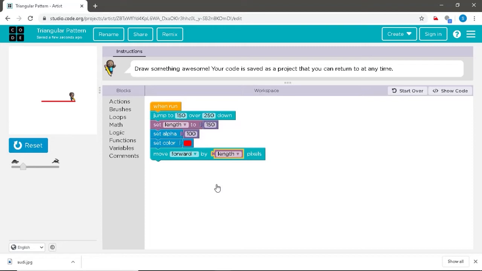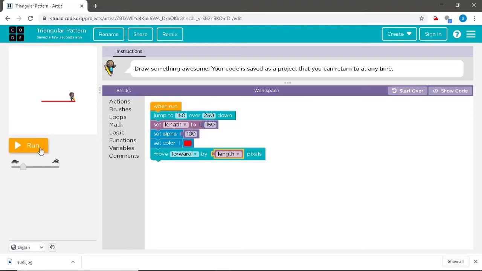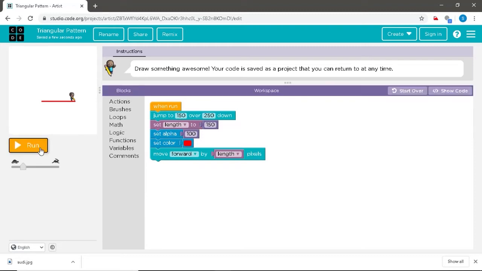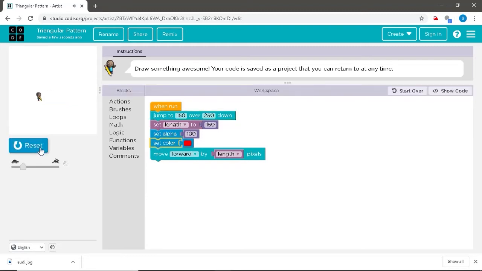So, as we have already mentioned what the length of the triangle is supposed to be, the script will thus take the value of that length, which is 150. Now, we will just run the code and check. As you can see, while we are running the code, every part of the code command is highlighted. And now you can see the first line of the triangle is thus formed.